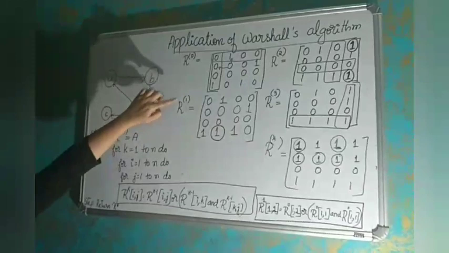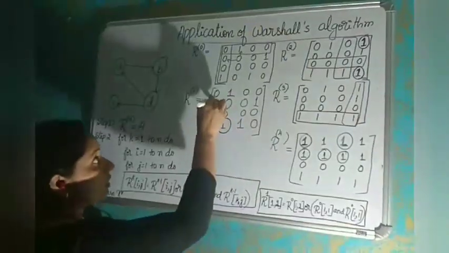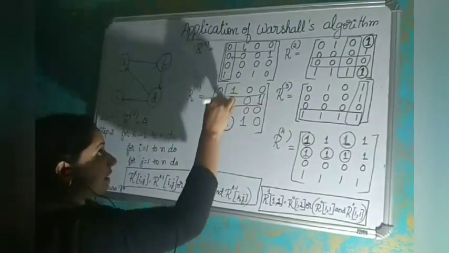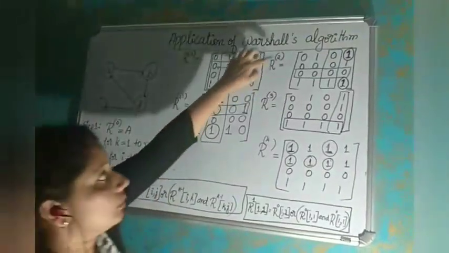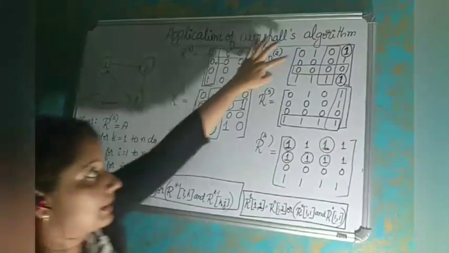That is, when we go from R1 to R2, the second row and second column elements will not change. This is the second row, so I will put a box here, and the second column. These elements will not change. And to find the remaining elements, we make use of these values which are inside the box. Now how do you find this value? What should come at this place here?